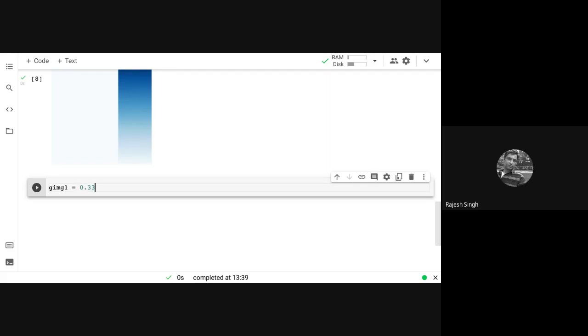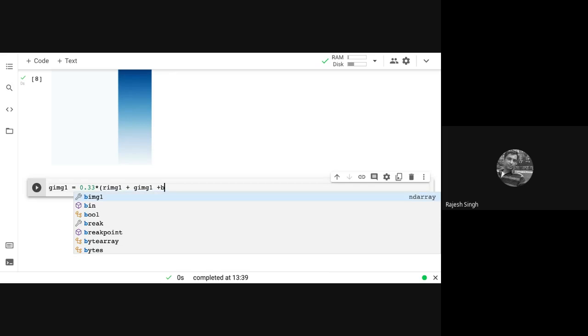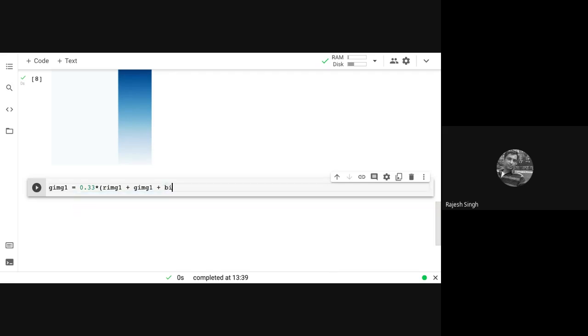So 0.33 times the RIMG1, and then I can put them in bracket, plus GIMG1 plus BIMG1.